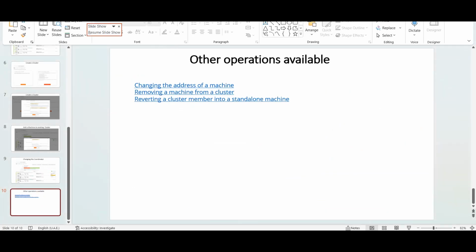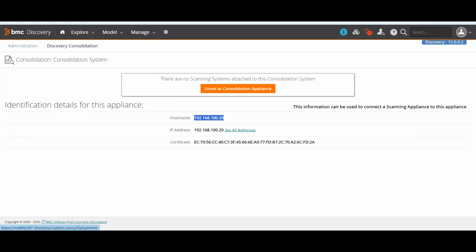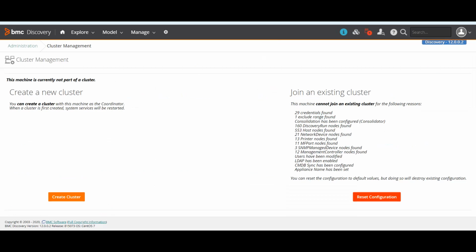So let's go here. Let me go to administration and showcase it. If I go here, you need to go into cluster management. We cannot define it here because we need another server for this. For example, if I click on create cluster, it will ask me for